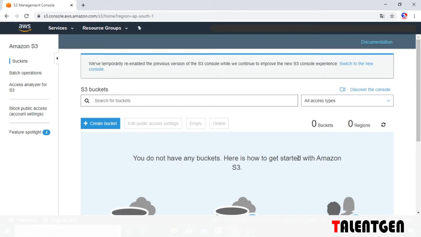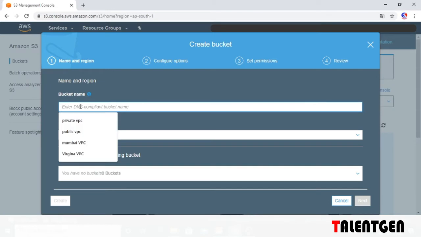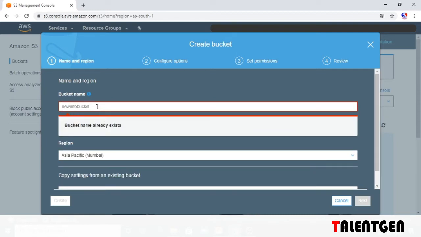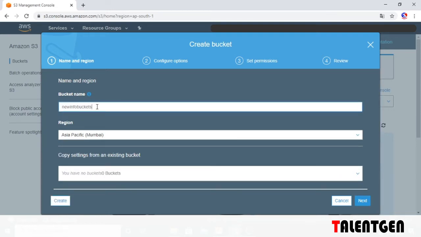Now we want to create one bucket. Create bucket and type the bucket name. This bucket already exists, okay, type another name, bucket 1.